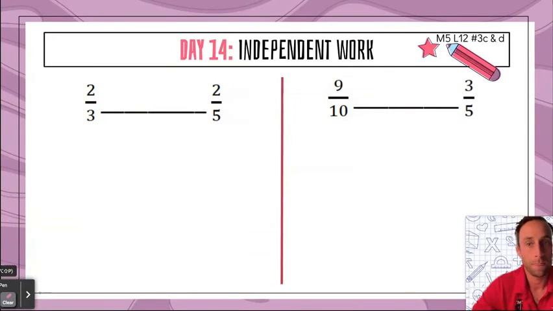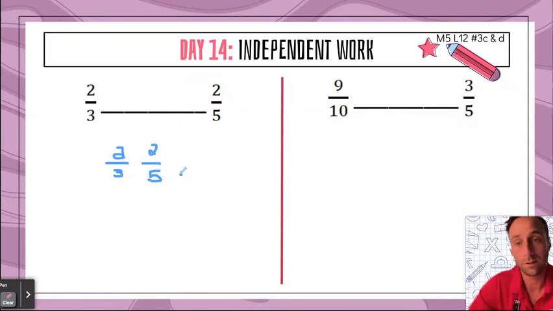As you continue to develop your understanding of fractions and how to compare them, I'm going to show you quickly how simple it is to get these type of problems comparing fractions done. So again, 2/3, 2/5, greater than, less than, equal to. Let's find out. Let's set it up here to cross multiply. 2/3, 2/5, and let's do it. I got 2 times 5 gets me 10,